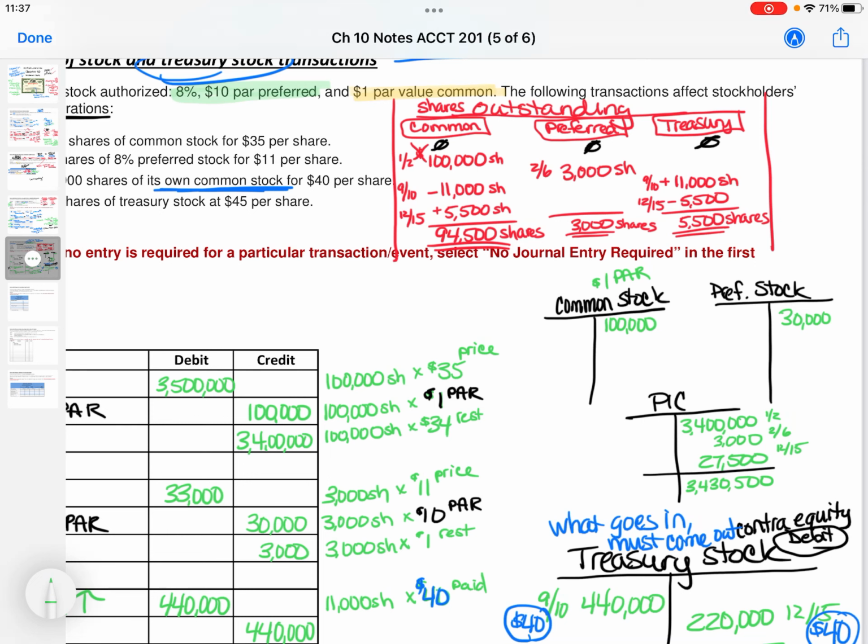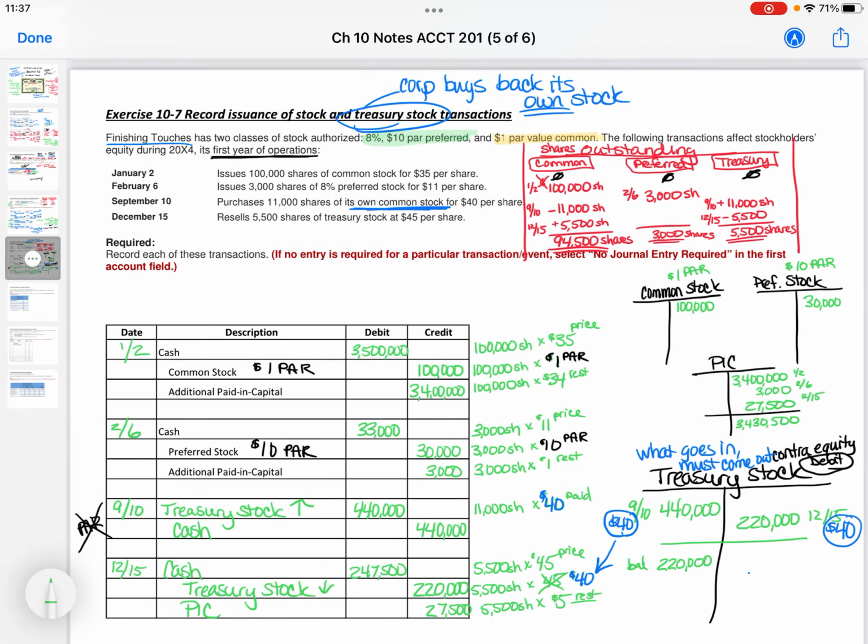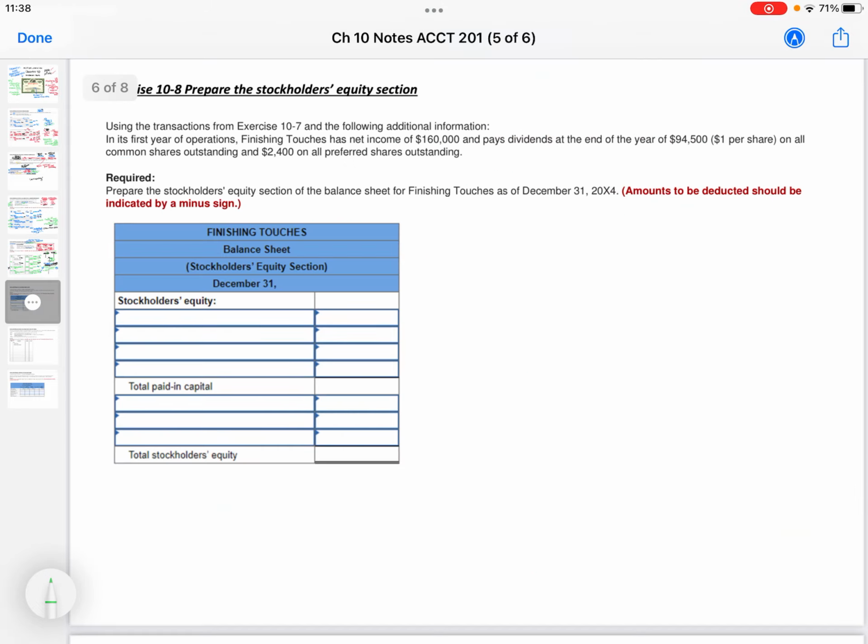So preferred stock, I can easily just divide this by my par and I can see the number of shares outstanding. That one's easier to see. Okay, but I still need to keep track. That's why I did this little table in red there. I need to keep track of the number of shares outstanding. This problem doesn't make me do it, but if they were to have me declare a dividend at this point, I would need to know the number of shares outstanding in order to declare it.